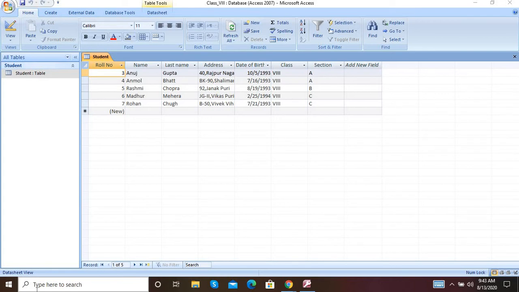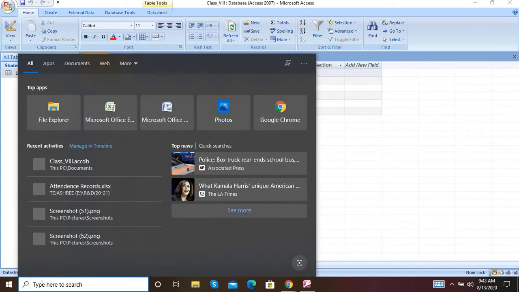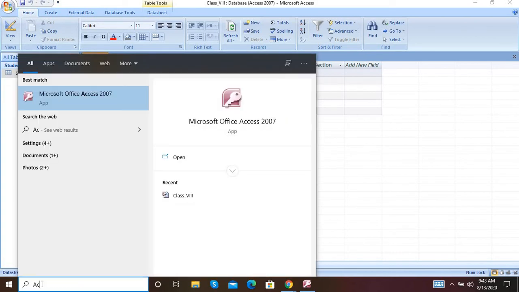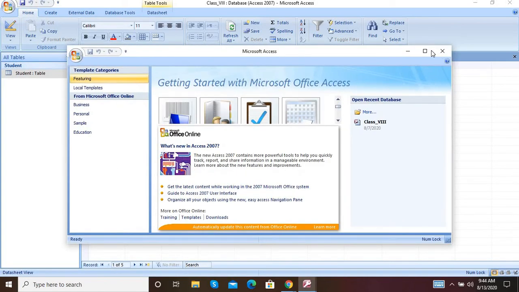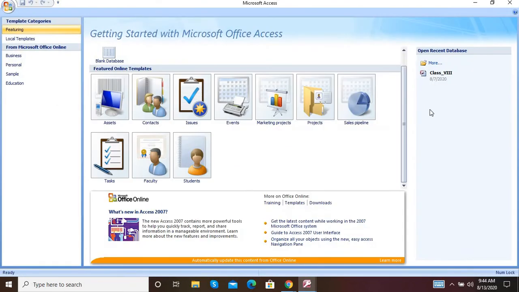In Windows 7 onwards, if your computer or laptop has Windows 7 or a later operating system, then you go to the start button and directly search for Access. When you type Access, it will show you related results.